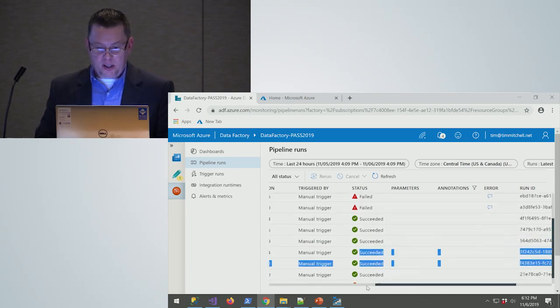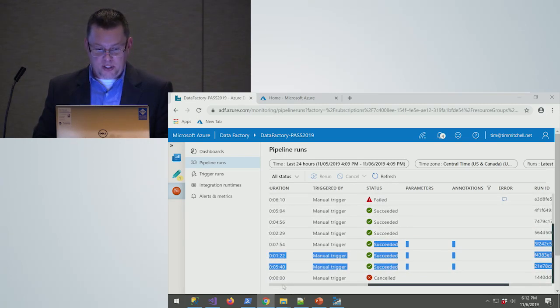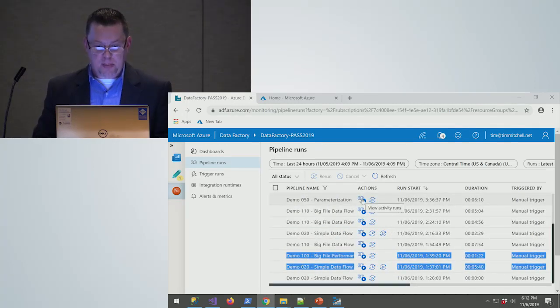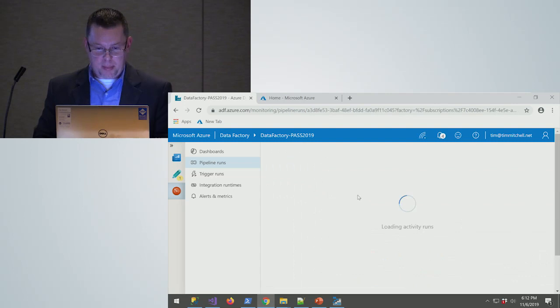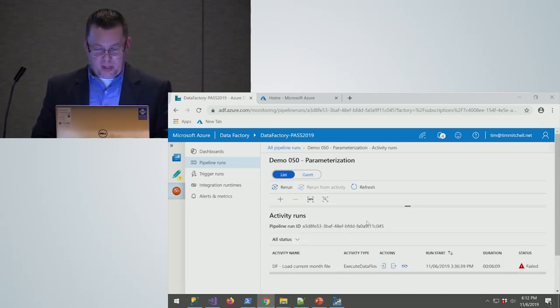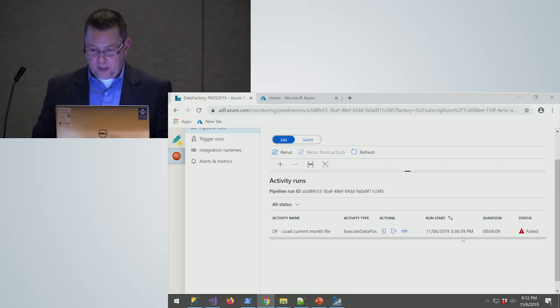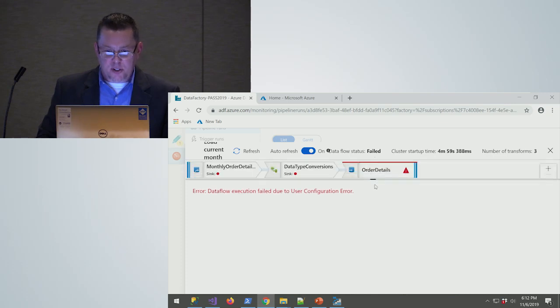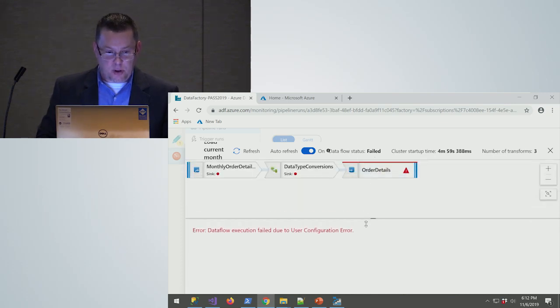But for our purposes here, I can look through and see how quickly those things were running, how long they were taking to run. And if I want to go in and see more specific details about that execution for performance, I can click on the button that looks like a sewing wheel or an old sewing bobbin thing. And I can dig in and see that this execution ran for 6 minutes and 9 seconds. It failed, and then if I click on data flow details, this takes me into, normally it'll give me, let me scroll this down just a little bit and see. There we go. Just a resolution issue.